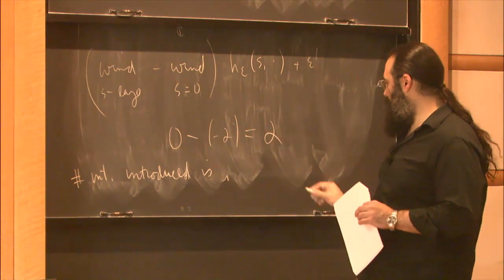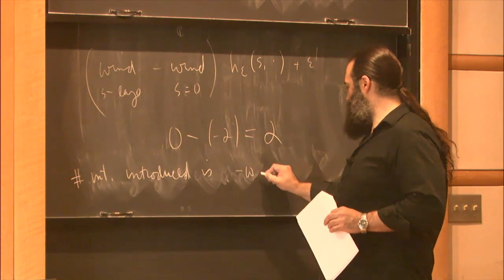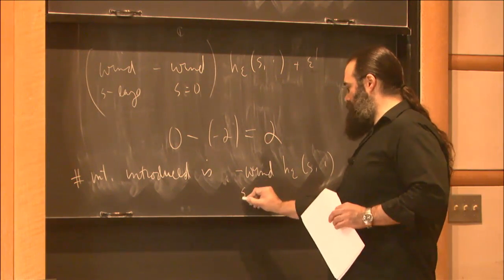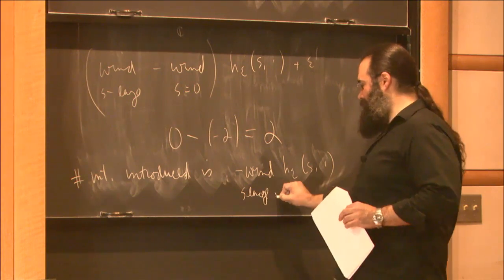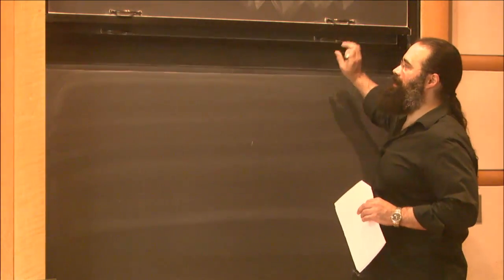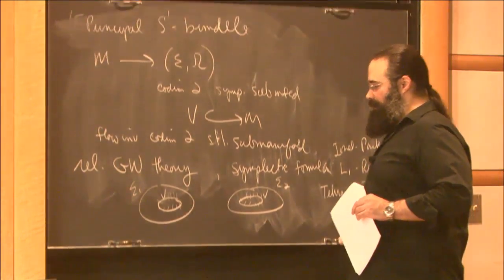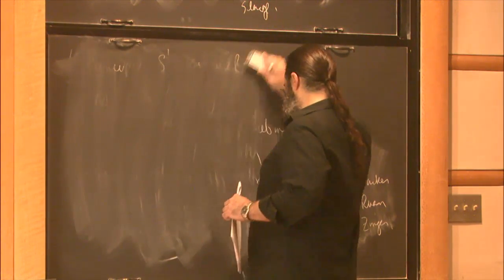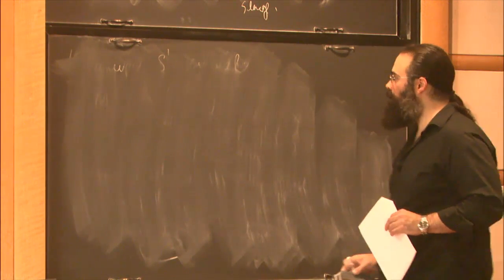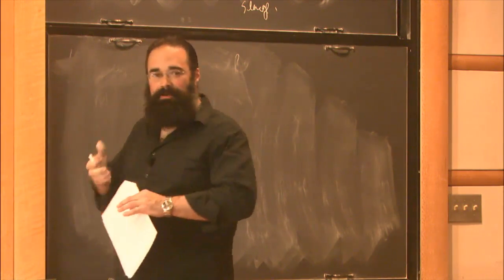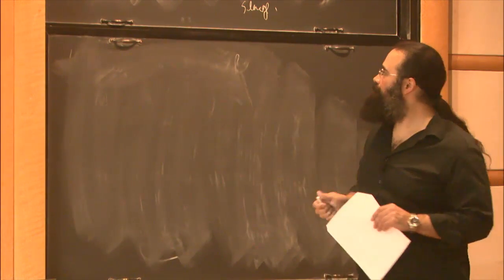It is minus the winding of H epsilon S for S large. You can check that explicitly in these cases. And so if I want to define a nice topologically invariant intersection number that gives me some information about how many intersections there should be there,